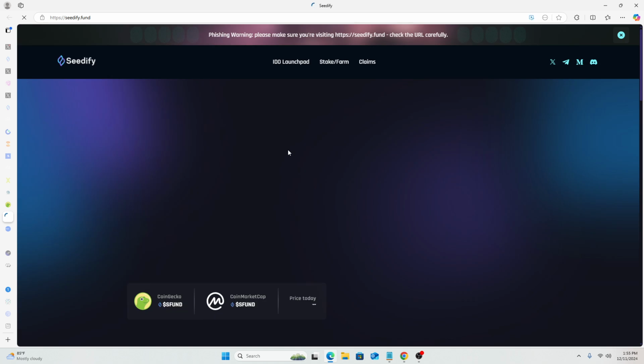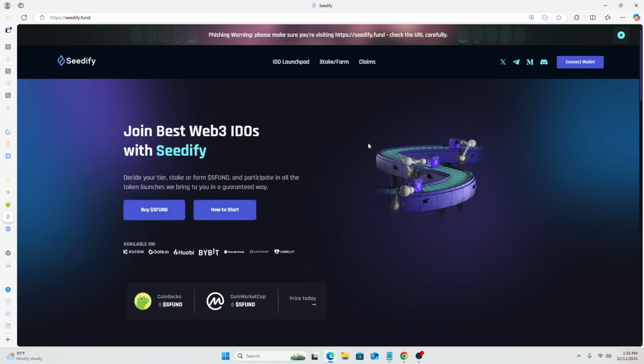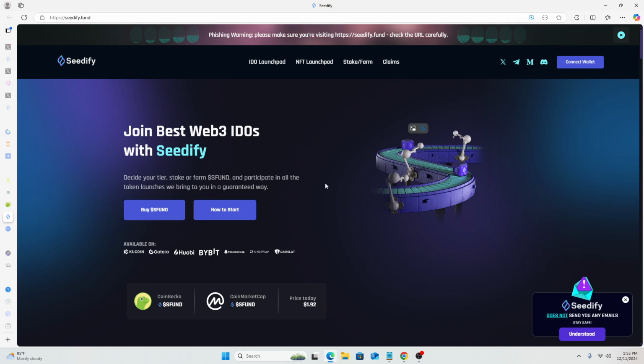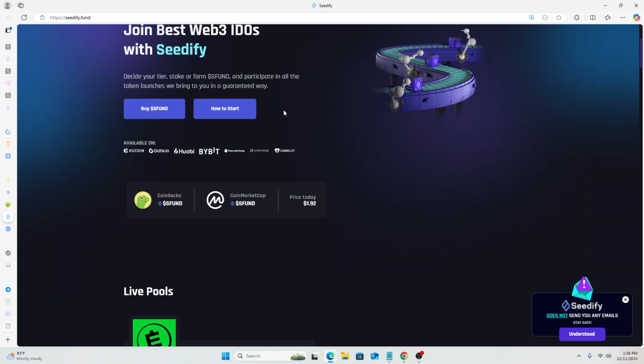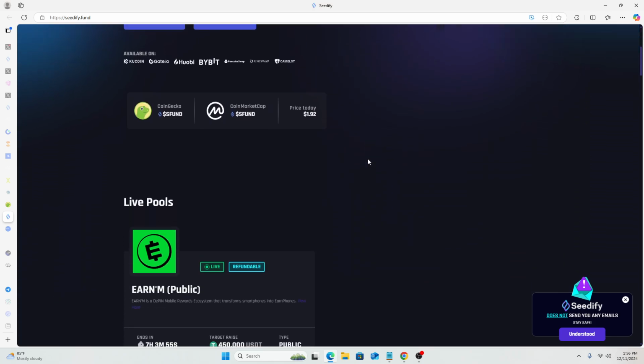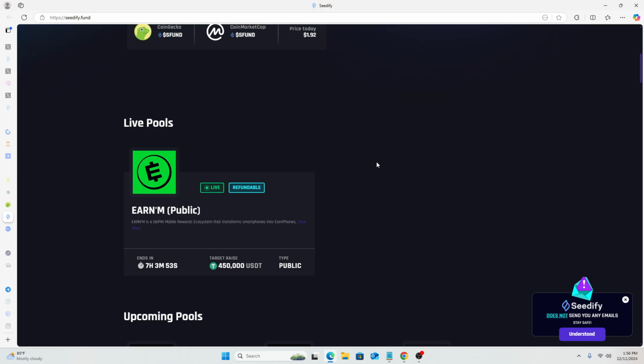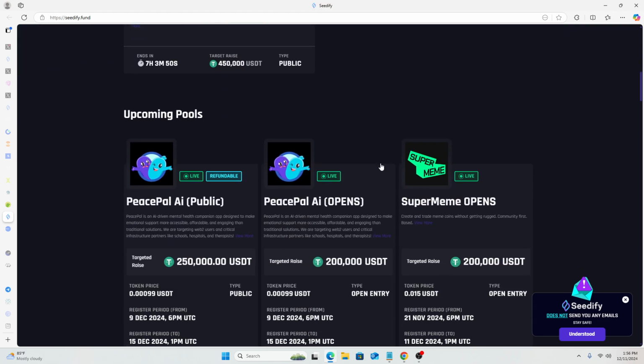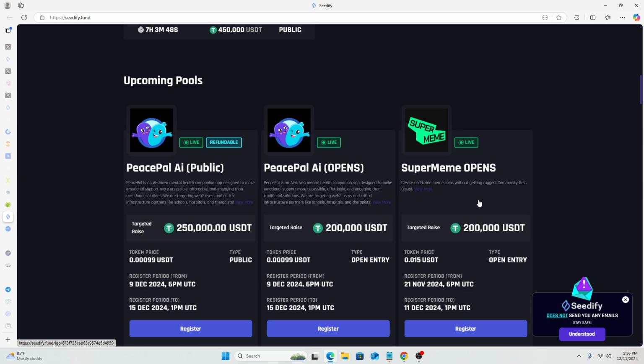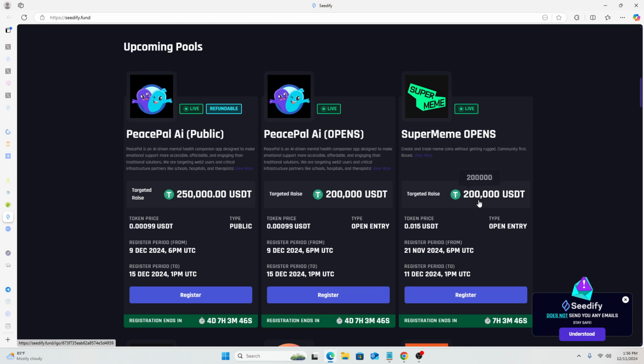CDFI has been very good with IDO launches, so I've decided to KYC on CDFI and take it more seriously. In fact, I've got two or three tokens now from CDFI, not through the IDO. I missed the IDOs, but I tracked the tokens and got them after launch, and they fared very well. They've leaned towards the AI niche more recently, and they have many AI projects. I will do a dedicated video about them later on.